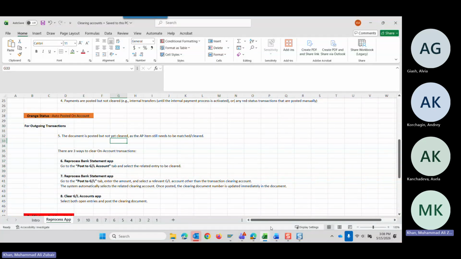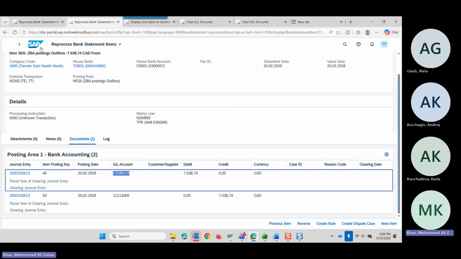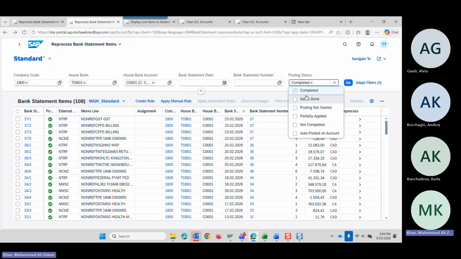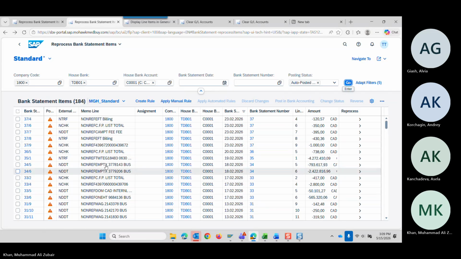Means what? Okay, I will show you reprocess there. Okay, so we go back to the reprocess, because in a reprocess we will find all these status, like completed is green one, auto post is the orange one. So orange one is this. Okay, so let's see,